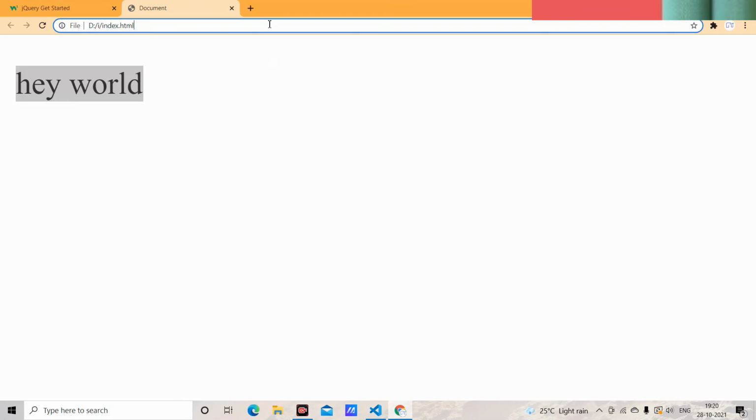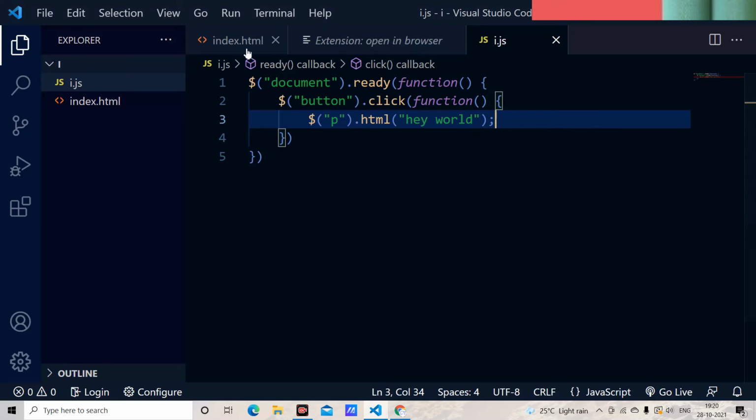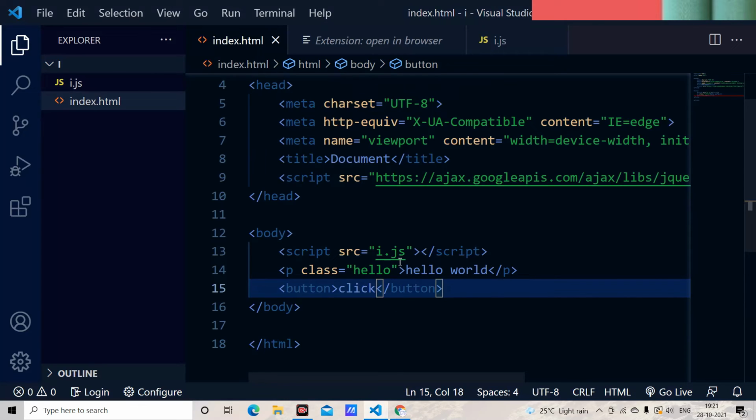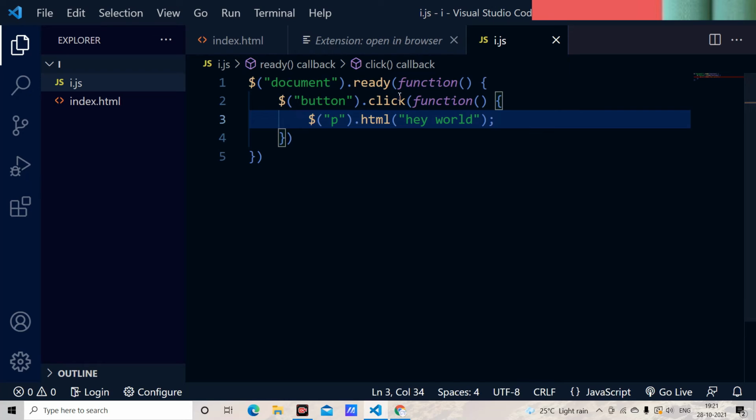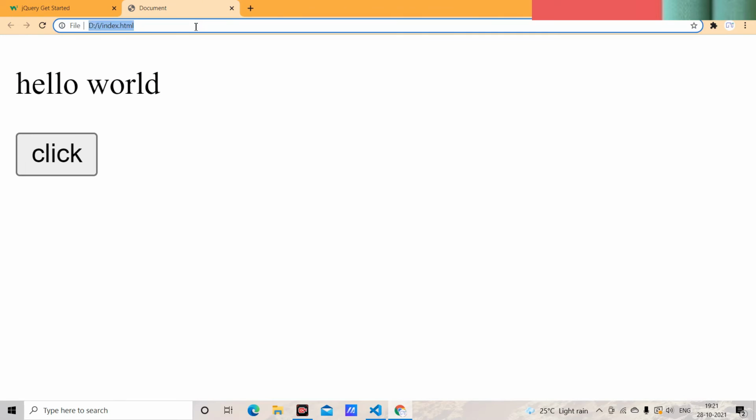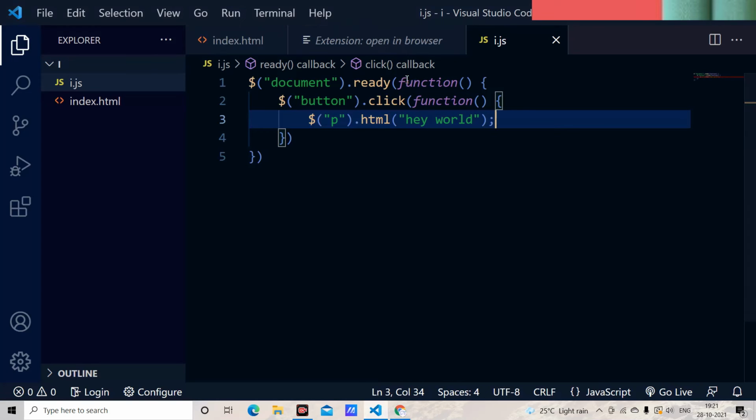Well, when I go here and I just reload the site, here we have the click button which I have created in the HTML, and we haven't added any on click function in the HTML. As you can have a look at here, we haven't added any on click event, but in the JS file I have selected the button, and next I have added that if it is clicked, then you have to trigger this function. I just reload the site. When I click that, it is going to be changed to hey world, because I have already told it to change into hey world. And here when I click it, it is changing completely to hey world. And this is how we go with the click method.